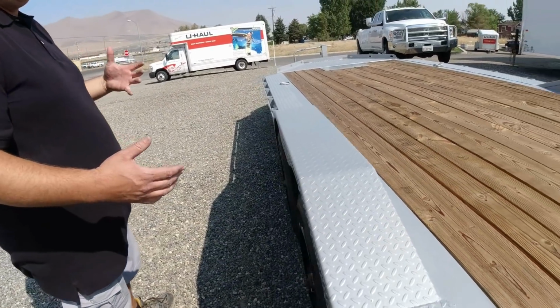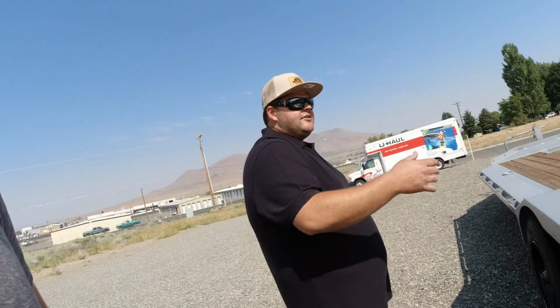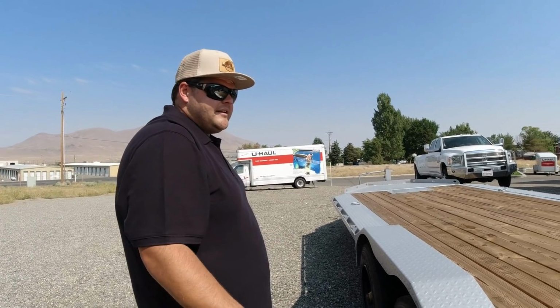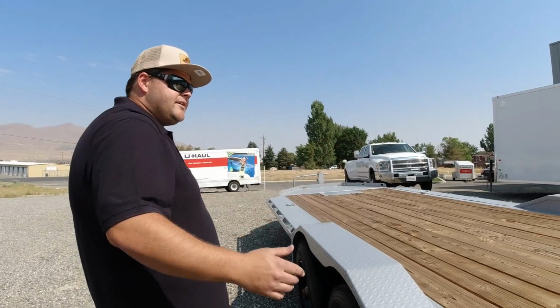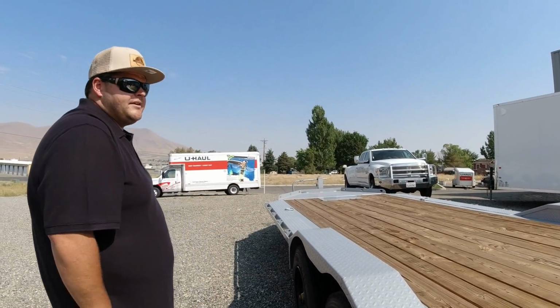Even with the extended frame, what's nice, if you're talking to a guy that has like an 84-inch bucket or a wider attachment, and you're backing your skid steer onto this thing, you're going to have some space to drop that bucket and not be hanging out over the trailer, which is really nice that way. And if you are loading something different, those ramps are on pipes. You can slide them sideways. You're only missing that center section, so if you have a 3-wheel tractor or something, that might be the only place where you got a problem. But I was looking to buy a brand new 3-wheel tractor, so...